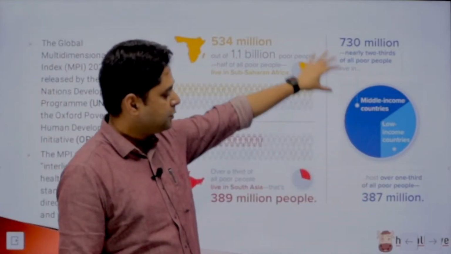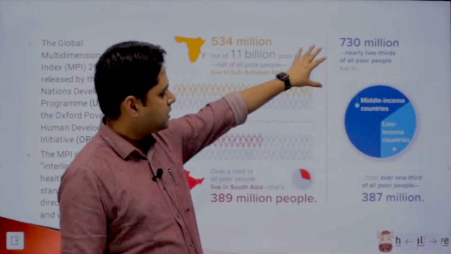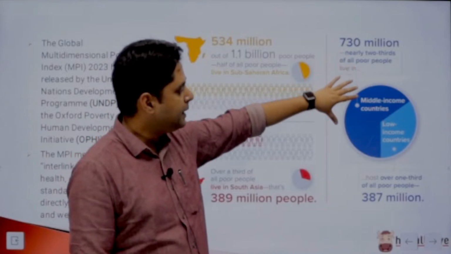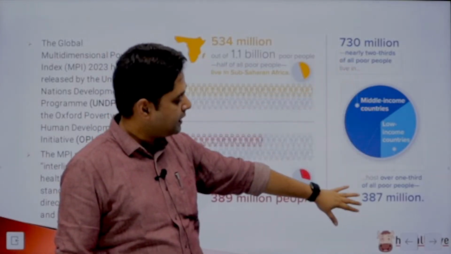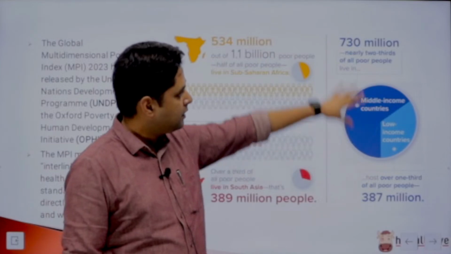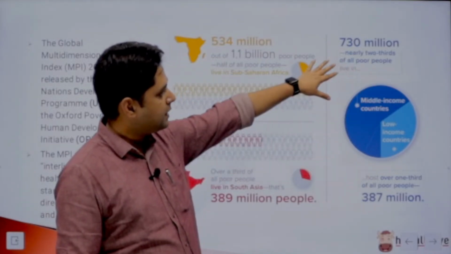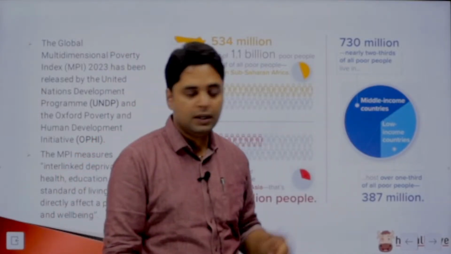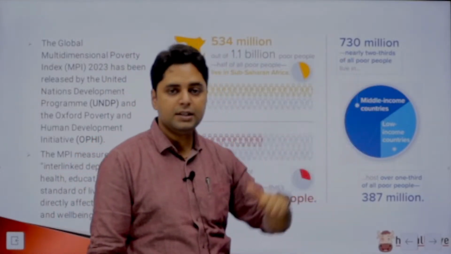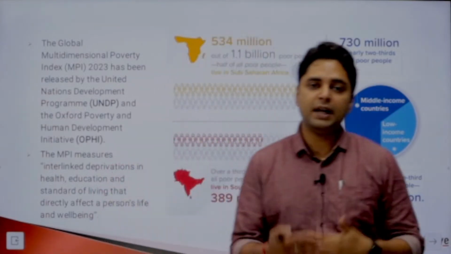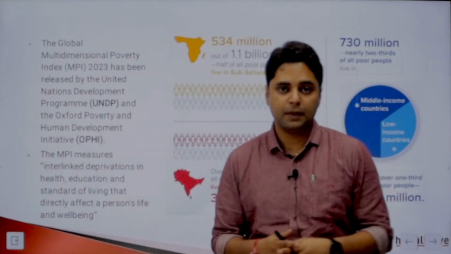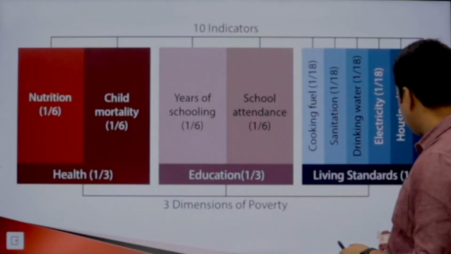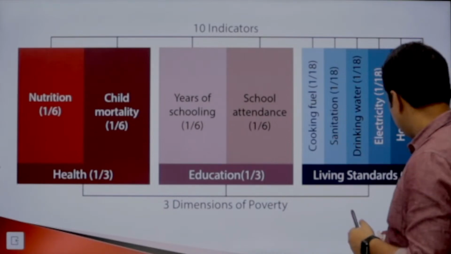this criteria. Out of the total poor people, approximately 70% live in middle income countries, and 30% live in low income countries. So those who live in middle income countries and still they are poor, their chances of getting better are higher, and that is where India has excelled this time, and we will take a look at that. Right, तो ये criteria आपको ध्यान में रखना है.